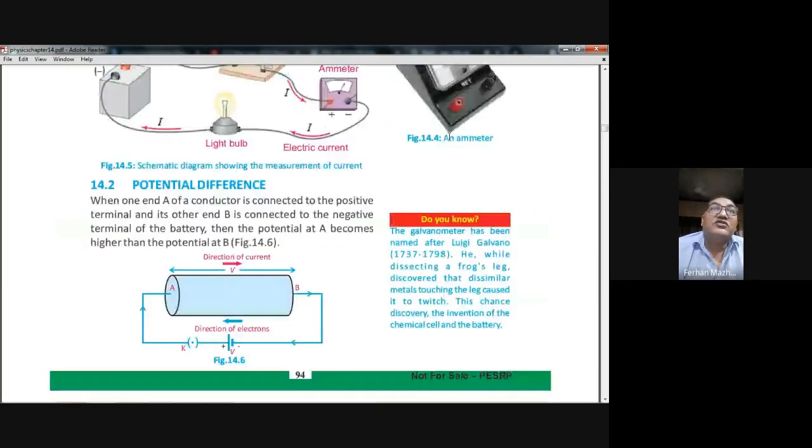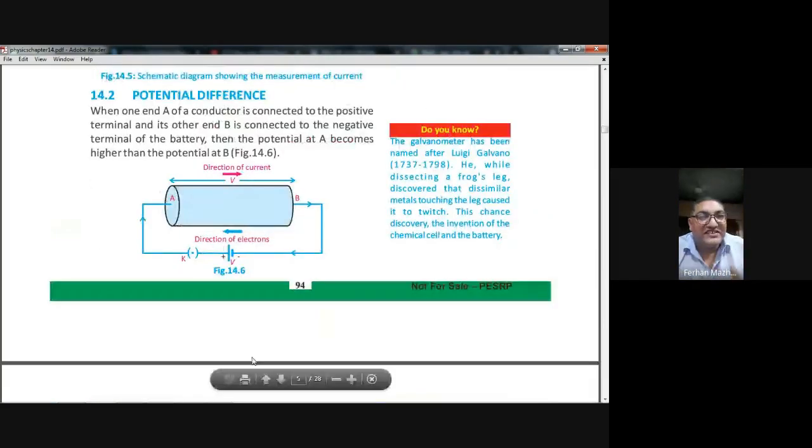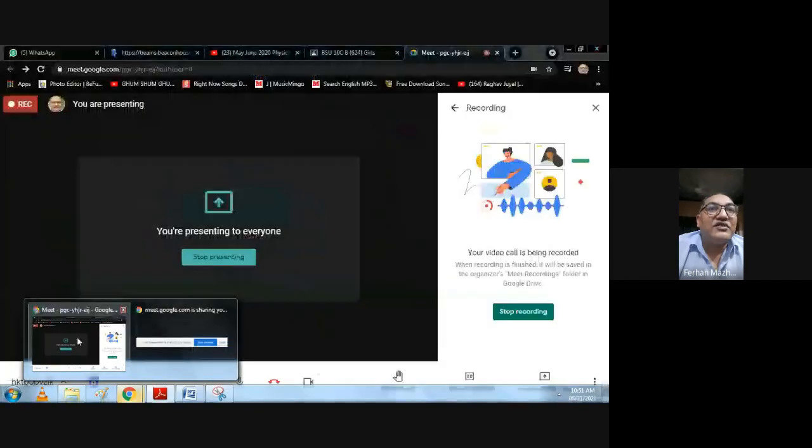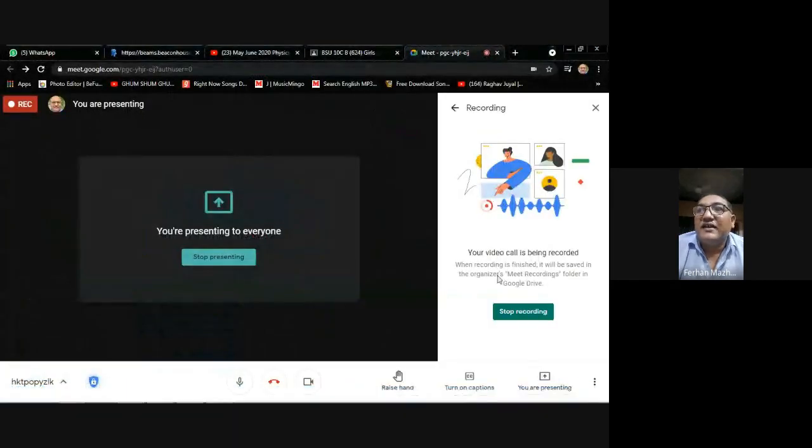We have talked about the potential difference. This was a discussion. I was trying to explain to my students what the potential difference is, and it required a lot of discussion before you actually understand the idea. So potential difference is like energy carried by the charges. They can exchange that energy. They can give out that energy. They can lose that energy.